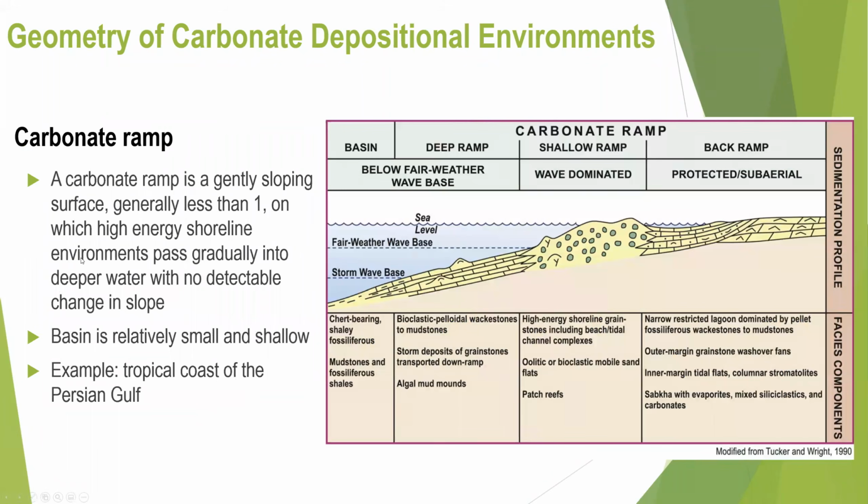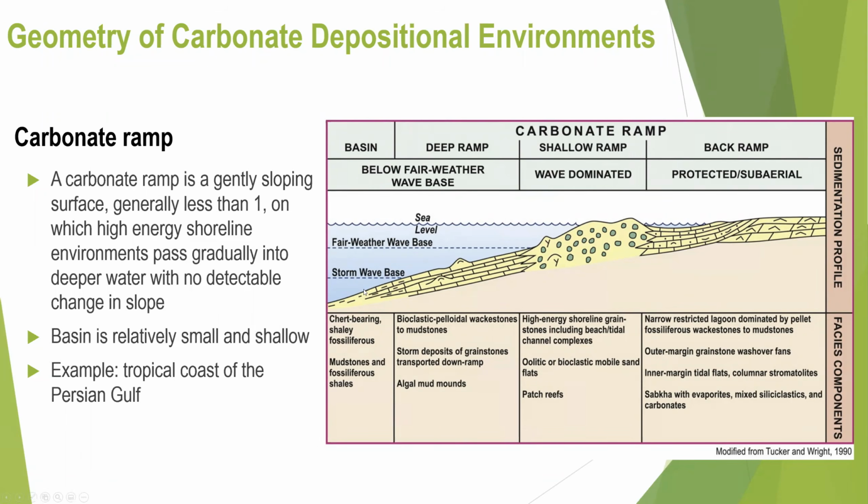But for the carbonate ramp, this figure is just a schematic figure for a carbonate ramp. But we know that for the slope of the carbonate ramp, for example, we have a carbonate ramp in the Persian Gulf. Actually the slope of this system is less than 1 degree. So we don't have a very extensive carbonate system here, but we have a higher energy shoreline in this part, and toward the basin,